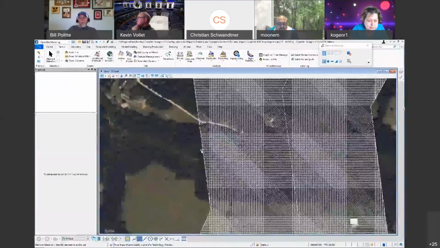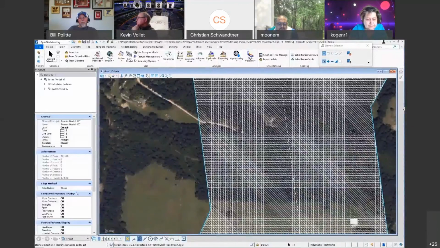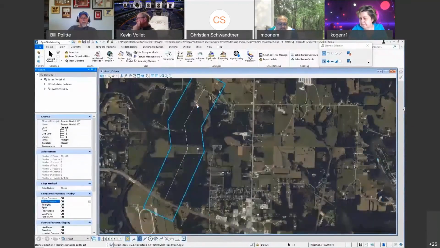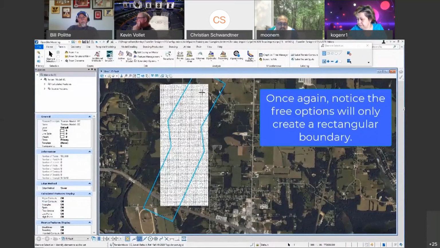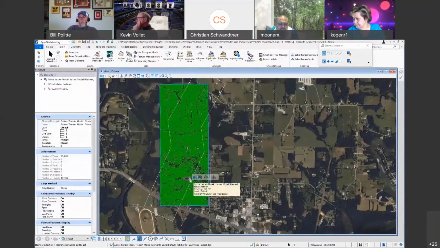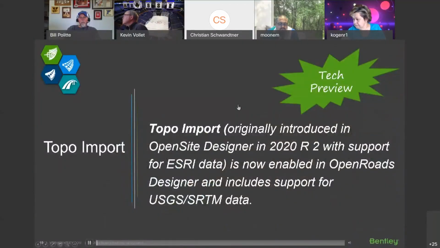Just as before, you can see it follows the contours of that alignment, and it creates a standard OpenRoads terrain. Now, notice the difference with USGS. I'm going to identify the alignment. It reads the data, but once again, the free options will only create a rectangular boundary. Topo import, which